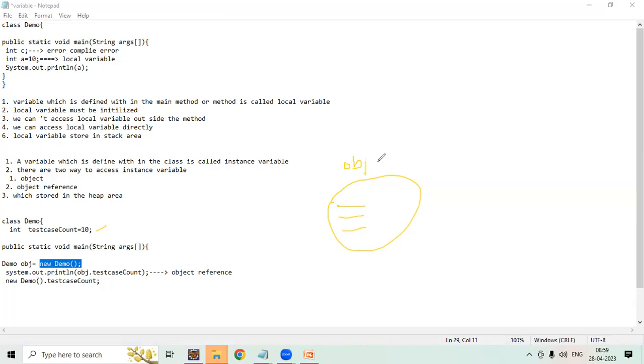So once we create this obj, a new test case, for example, demo obj equals new demo, we have created an object. So it will store this obj. Using this, we are writing obj dot test case count, obj dot flag, obj dot char c. All the values are stored in the obj, in the sense, the object